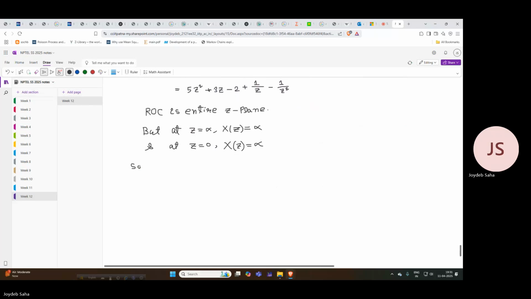So ROC is entire z plane except z is equal to 0 and z is equal to infinite. Okay,